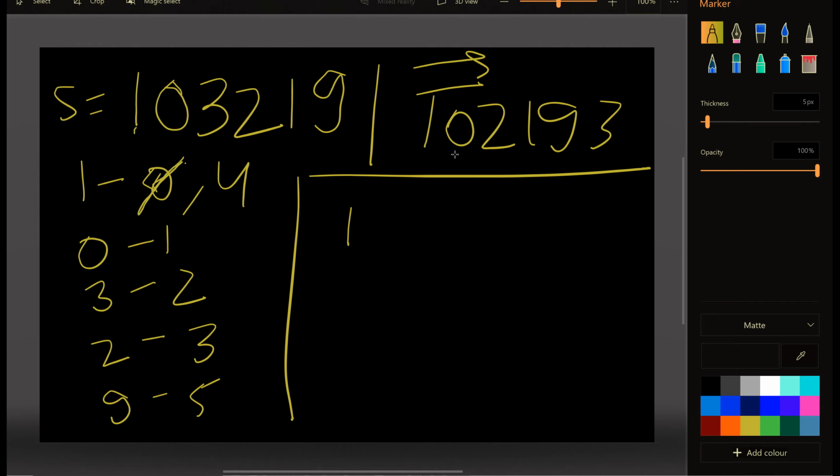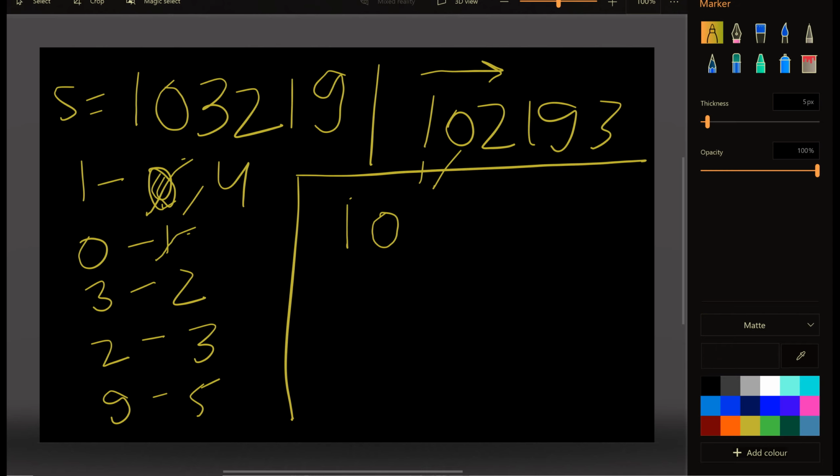Now let's go to the next digit in my target string. The next digit was 0, so there's nothing less than 0, so anything can cross over 0 and move to the right side. Next we come to 2. So 0 and 1 are less than 2. I'm already done with all the zeros, so I needn't check that.